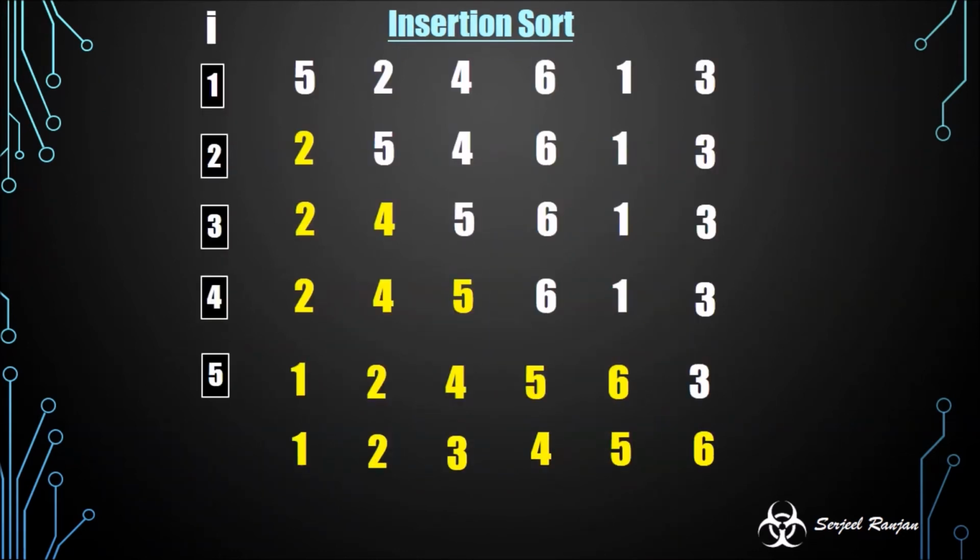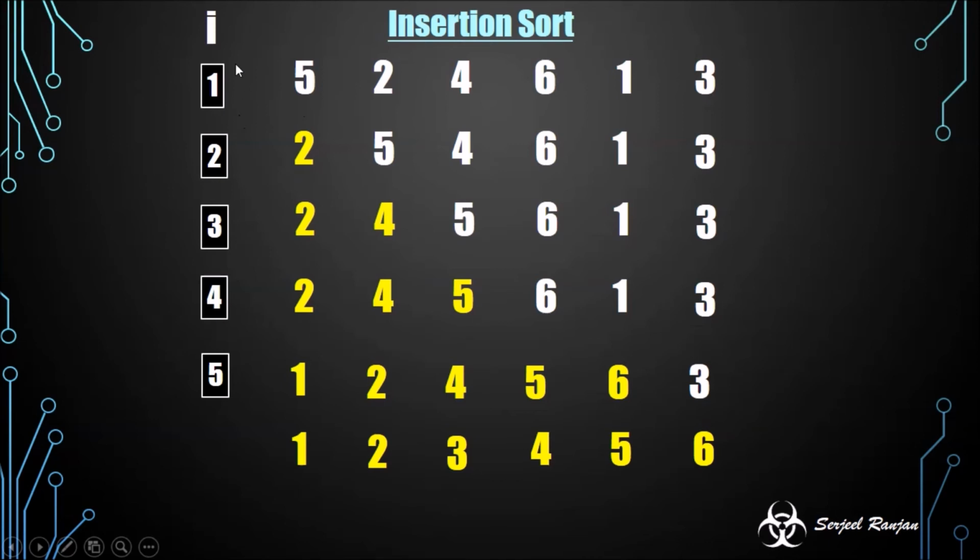Okay, so here I am having a diagram representing the state of the array after every operation. With this diagram we can infer that insertion sort sorts the element from left to right, unlike in the bubble sort. Bubble sort sorts the element from the right end. Okay, but this algorithm sorts the element from the left end. Now I will make you understand why this algorithm is called insertion sort.